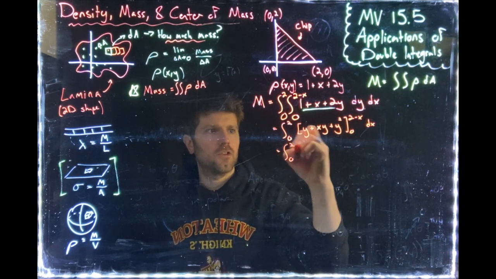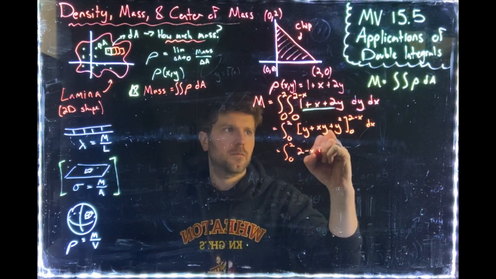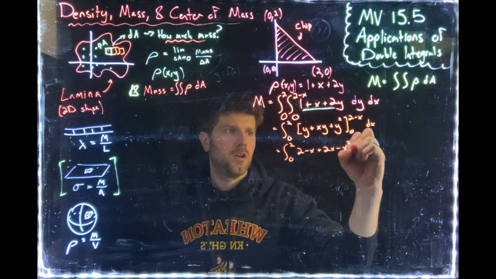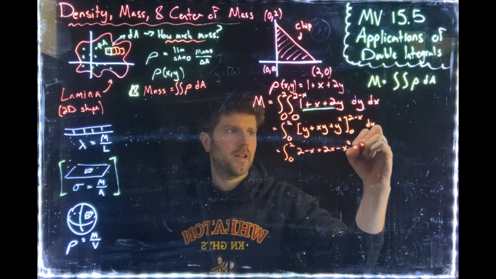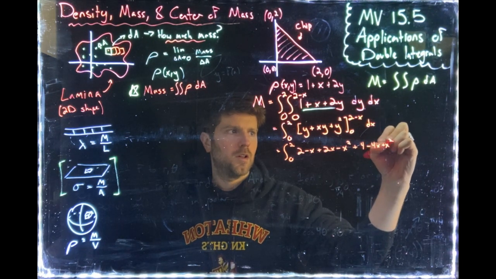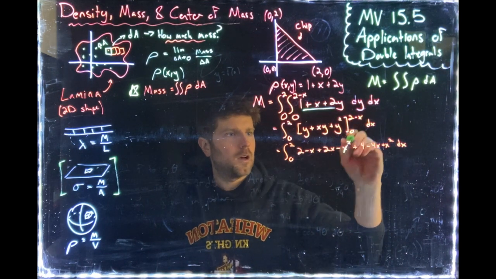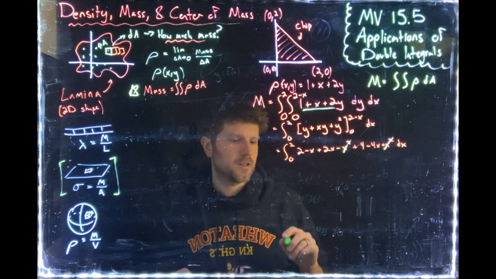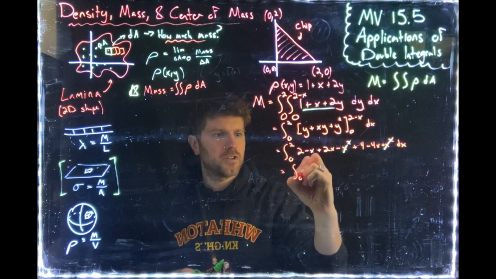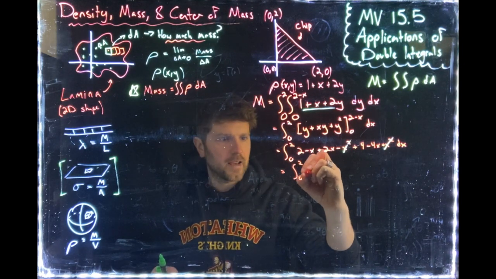When I plug in 0 for y, I get nothing. So I really just need to worry about 2 minus x plus 2x minus x squared, plus, and if I FOIL this out, I get 4 minus 4x plus x squared. A couple funny things happen. My x squared terms cancel out. And I get, if I tote all this up properly, 6 minus 3x